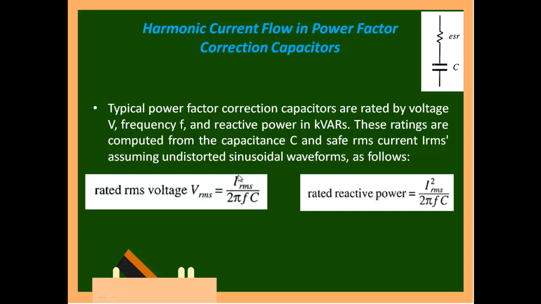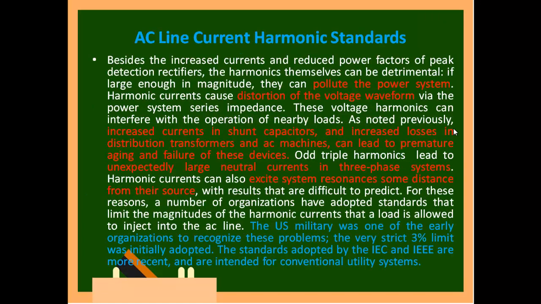Now this RMS current should not increase. If this RMS current increases, obviously the voltage VRMS will increase, and this increase will create an issue for the insulation of the capacitance. In between these contacts you have an insulator, which means it can withstand only up to a certain voltage. If the voltage goes beyond that, an arc will strike between these two contacts. So this is what we have to see: the person you have put in place for safety is itself distorted by the harmonics. Then we will move on to the next topic of today's session.